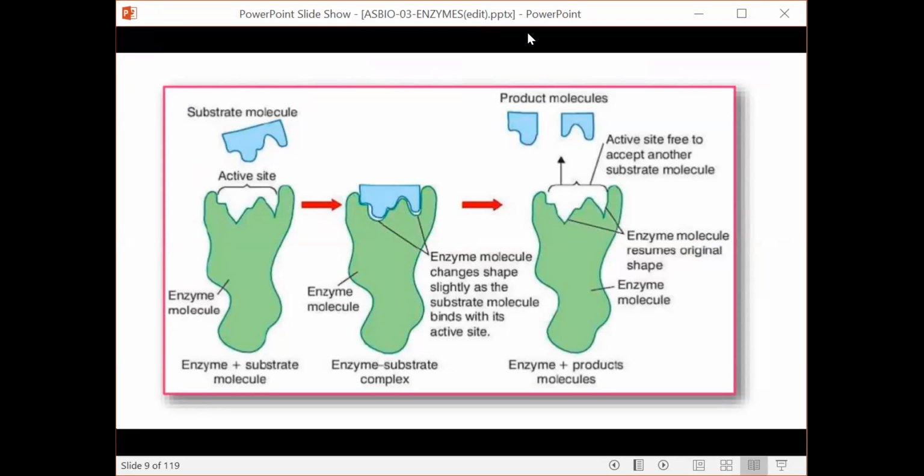This section and this section are not the same. So when the substrate comes to attach to the active site, the apex part of the enzyme accommodates it. This is what induced fit is. When the product forms,